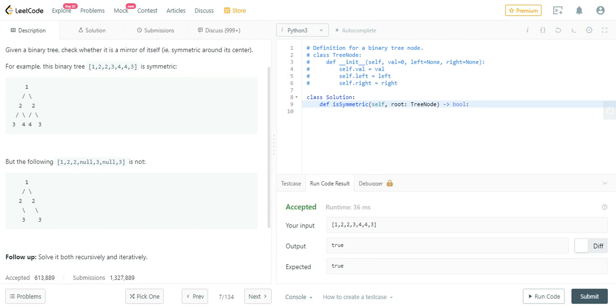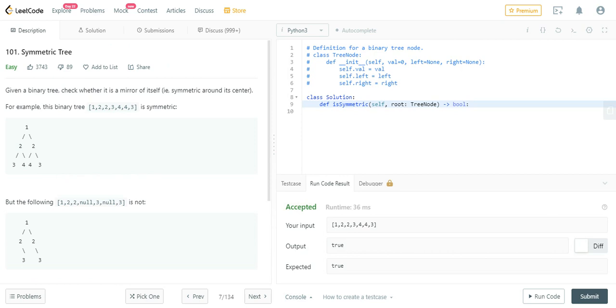Just try to think of that. That is the main thing here. Try to think: if a mirror is here, will they still look similar? No, they will not. So they are not the same. So you will be given this tree, and you have to check whether the tree's left and right subtrees are mirror images of one another, that is, whether they are symmetric or not.